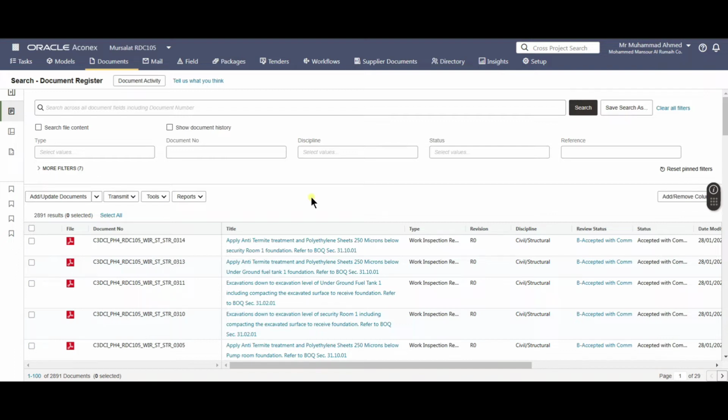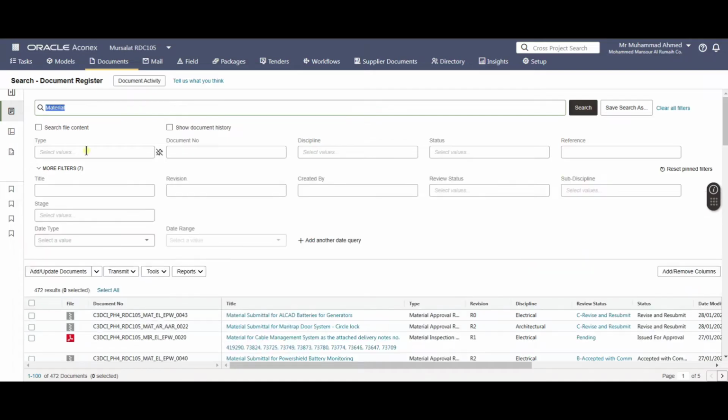In the search, if you write any document number on the top, you will be able to access it. You will be able to see its status, its number, its title. To get more specific information, we can use those filters. In the filters, the first is type. You can use the type of the document, if it is a letter, method statement, minutes of the meeting, mock-up, material submittal, work inspection, whatever type of the document you are looking for, you can just